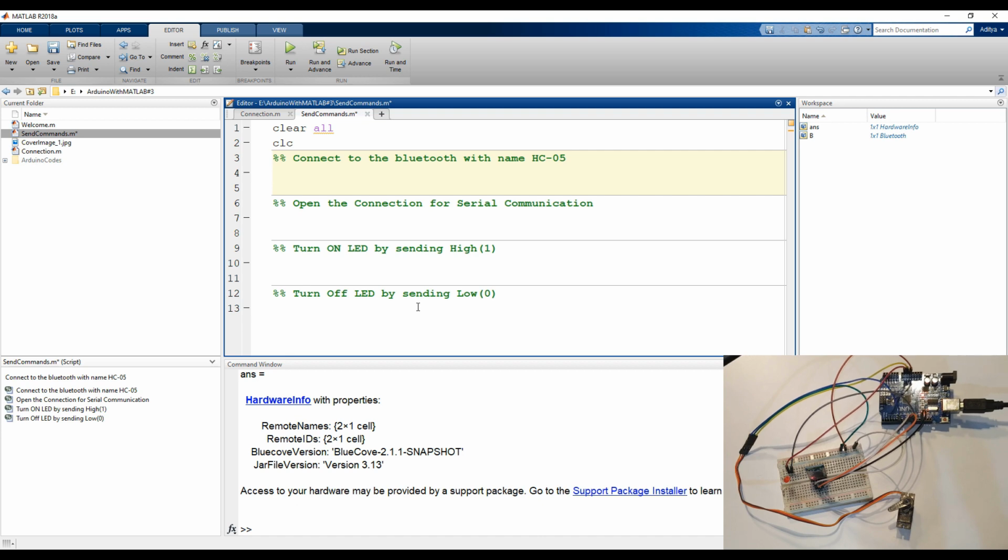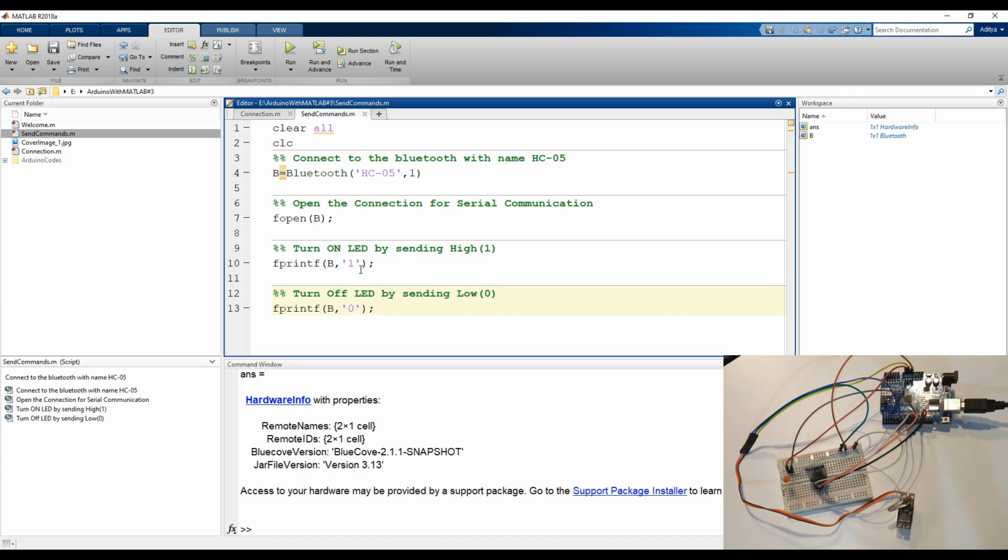We have already seen the command, so we'll be creating another Bluetooth connection as p equals Bluetooth with the HC05 Bluetooth name. Next, we are going to open the connection for serial communication, which is done by the command fopen. Next, we are going to turn on the LED by sending high and turn off the LED by sending low, which is like 1 and 0.